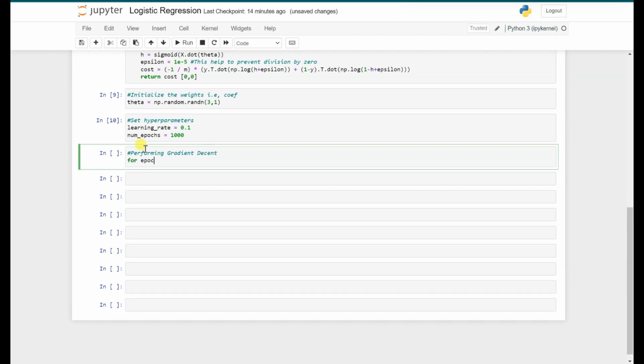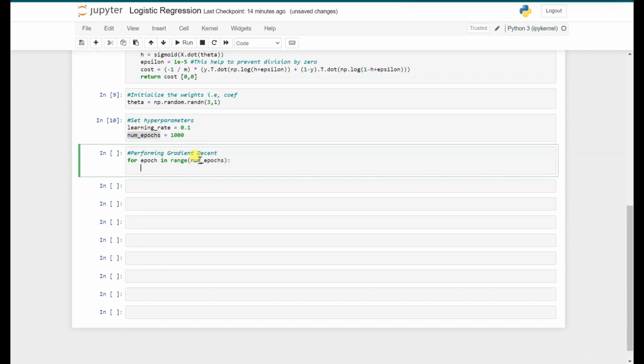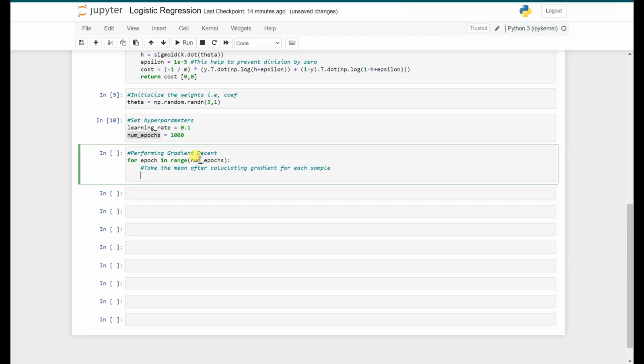So for epoch in range of num epochs. We need to calculate the gradient for each sample and then take the mean. Okay, take the mean after calculating the gradient for each sample. So the gradient will be 1 by m into x transpose dot sigmoid of